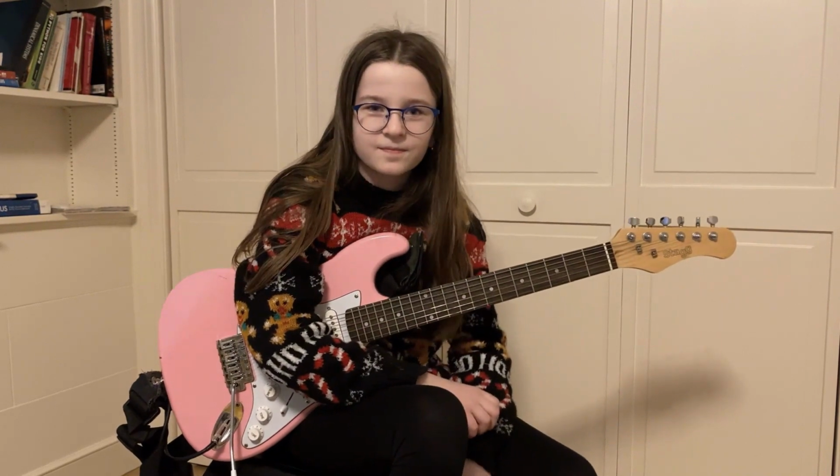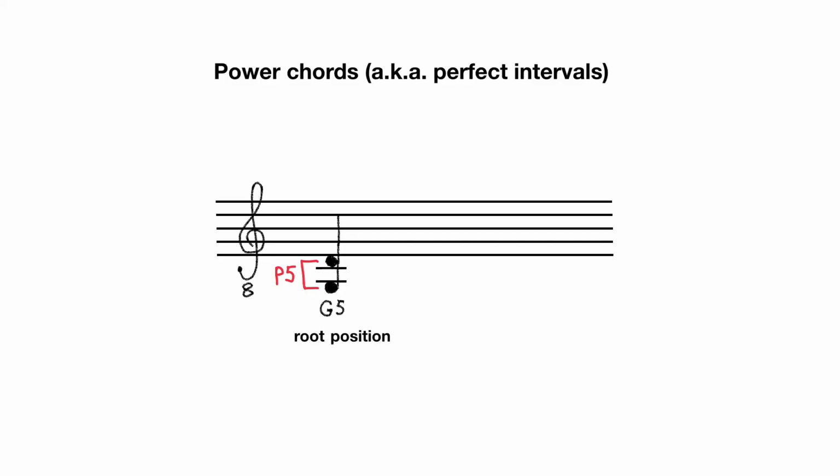Easy peasy. A power chord, or fifth chord, is in actuality a perfect fifth interval played harmonically. I am showing here the G5 power chord. The root of the chord is G and forms the bass voice. The other note is D and is a fifth above G, hence the name of the chord G5.